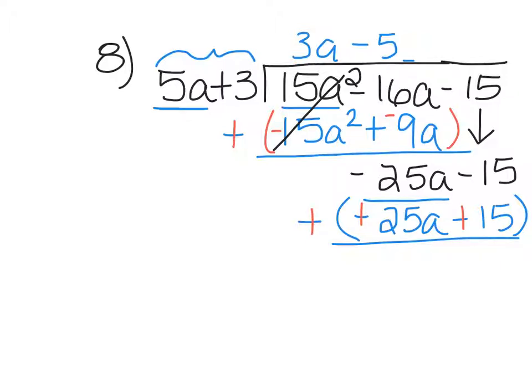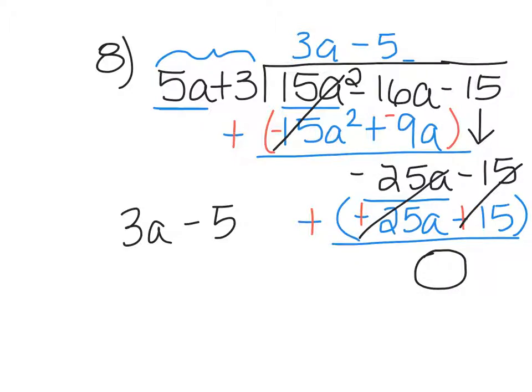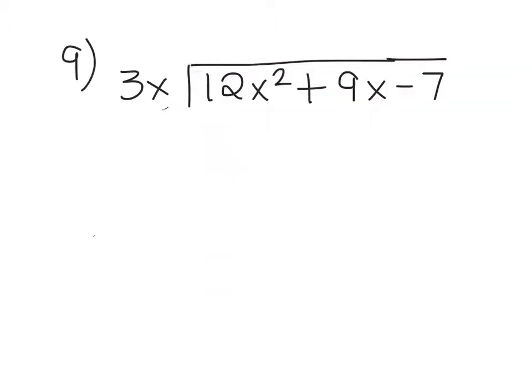So negative 25a plus 25a cancels out, and negative 15 plus 15 also cancels out. So my answer is just 3a minus 5, because these guys over here all canceled out. This is my answer. Number 9, I've already rewritten it so that I can divide, and I have 12x squared